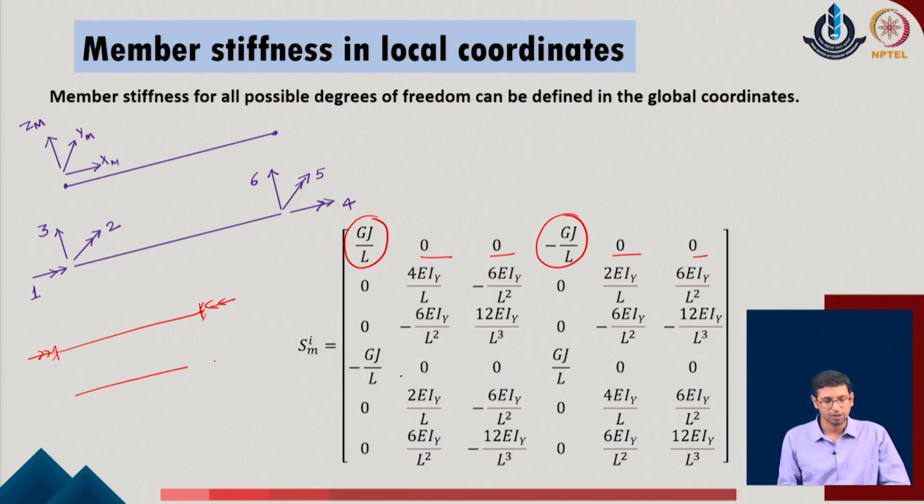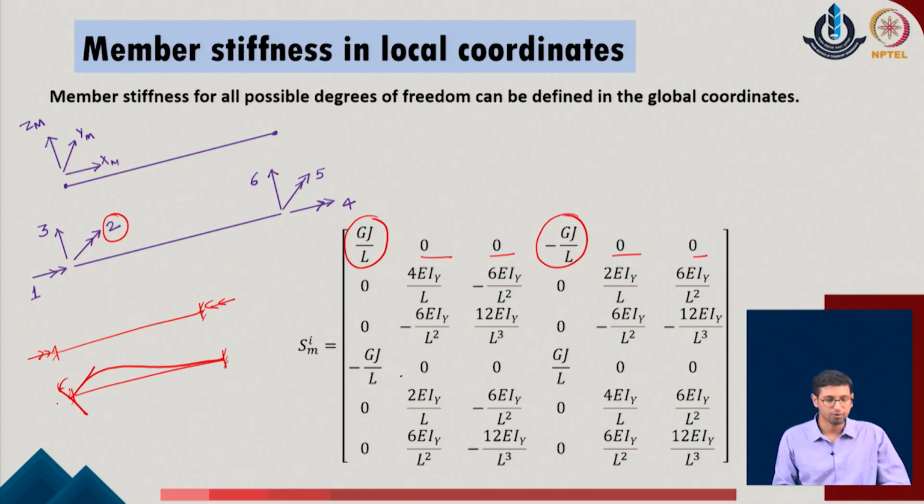As a second case, we bring the same member fully kinematically restrained, and now we apply the second degree of freedom in the given problem. Now the second degree of freedom is the moment with respect to the direction y, which means that I need to apply the unit rotation in the given problem. So with this unit rotation, the system will bend in this manner. Based upon this, I can now evaluate the fixed end moments and the reactions in the given system.